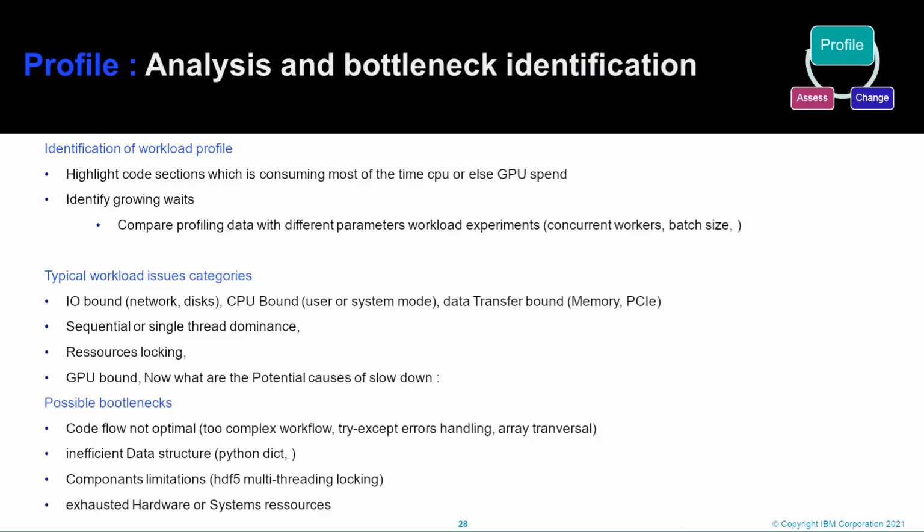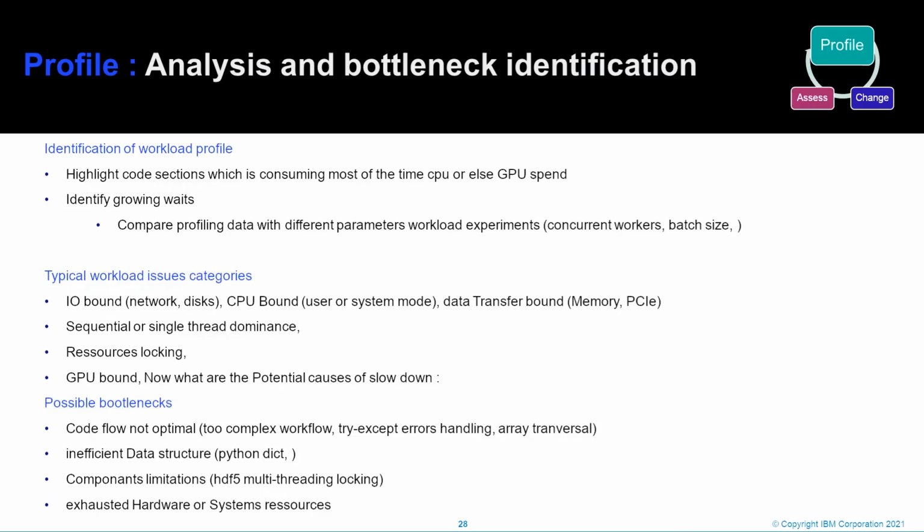So after that, you can eventually categorize your workload: is it resource bound, so IO bound, or CPU or GPU bound, and so on? Is it dominated by a sequential, single thread? Is there resource locking?